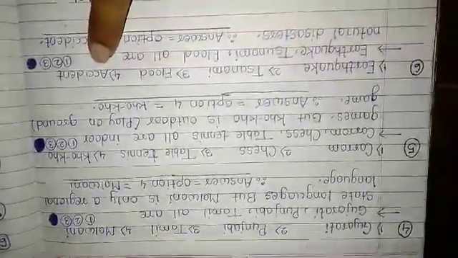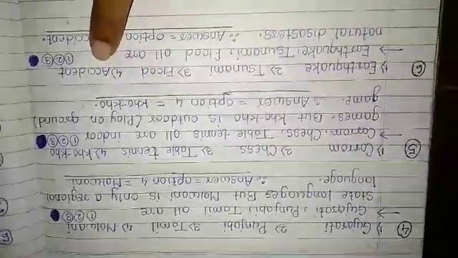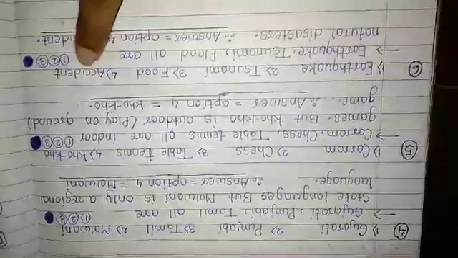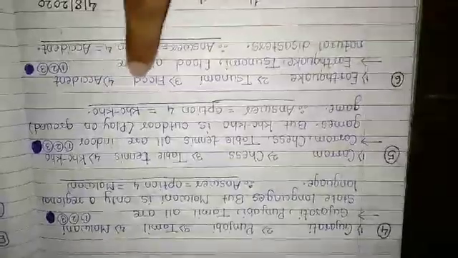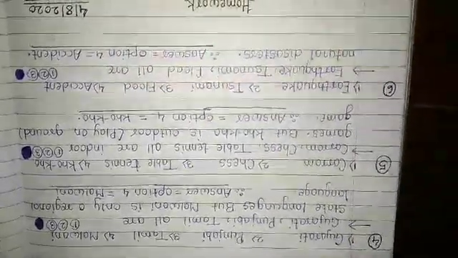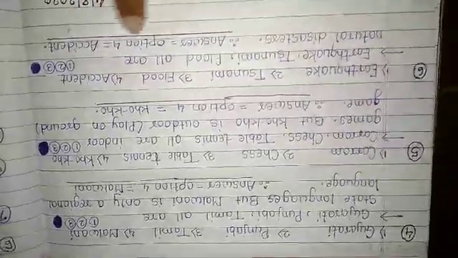But accident is not a natural disaster. It happens due to a man or mistakes made by a man. So it is a man-made disaster. So accident is not a natural disaster. All three others are natural disasters. This is the common factor between the three. So what is the different word? Accident. This is option number 4, accident.